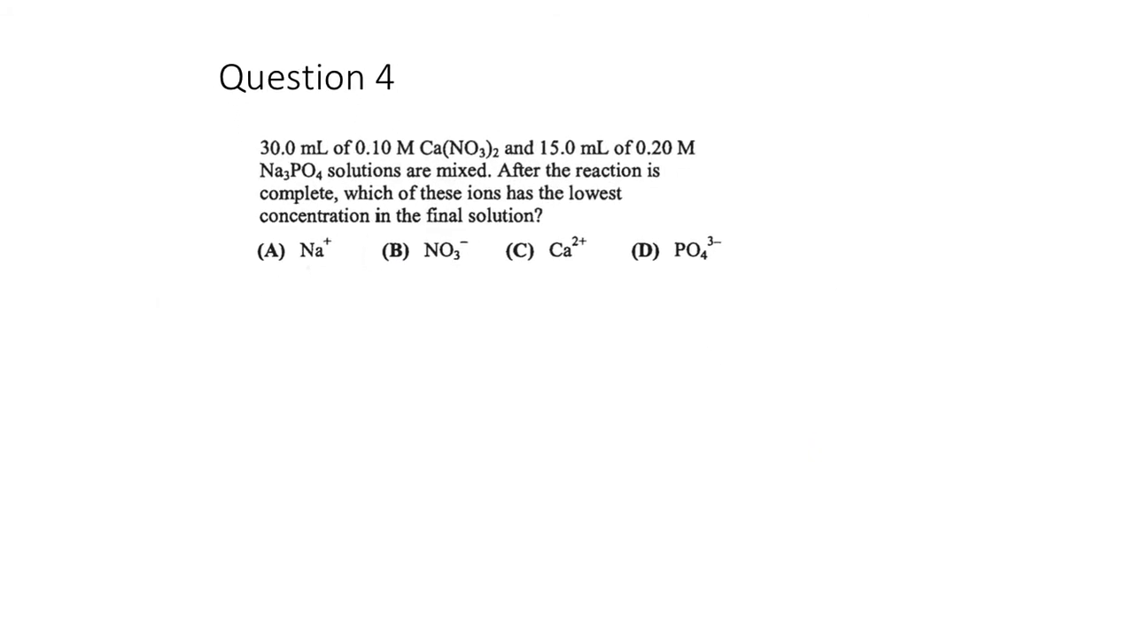30 mils of 0.1 molar calcium nitrate and 15 mils of 0.2 molar sodium phosphate are mixed. After the reaction is complete, which ions have the lowest concentration? Okay, so I've got ionic compounds. So we're thinking that we have a metathesis reaction taking place, or an exchange reaction, so calcium nitrate, Ca(NO3)2 (aq) plus